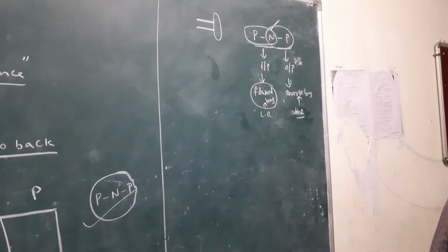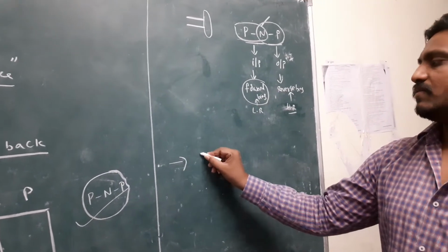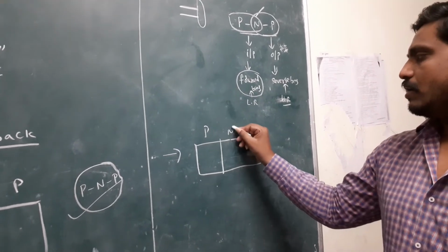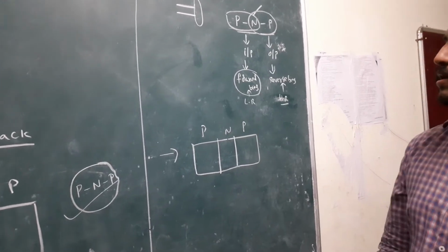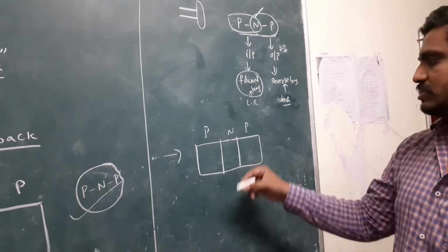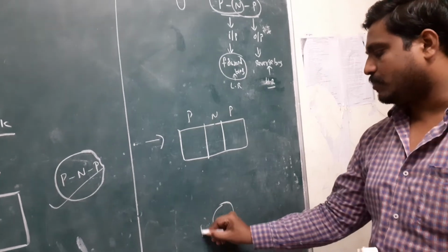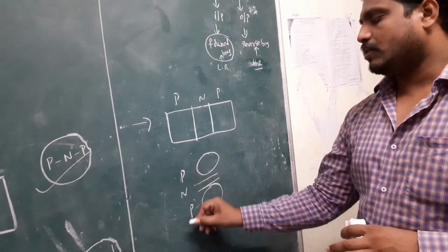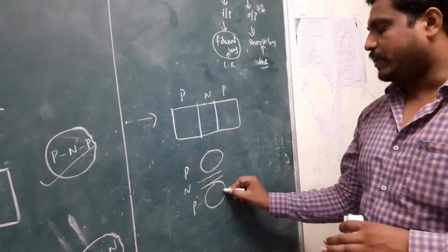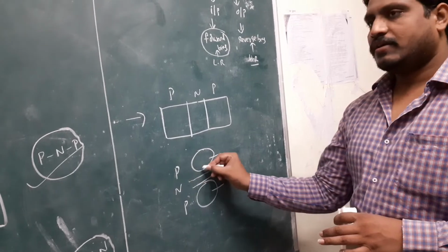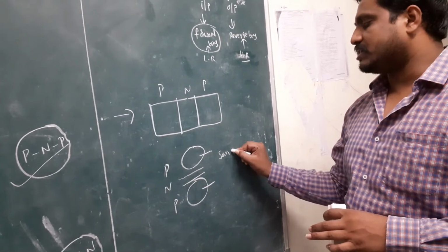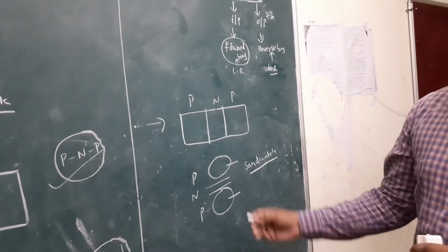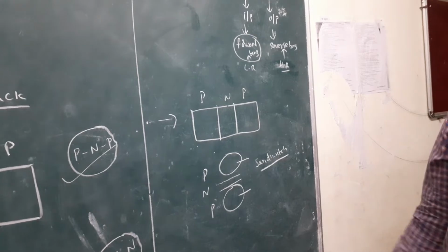This is the transistor. Okay. Once again I draw the diagram. This is the PNP transistor. Here, in this region, this is the P, for example. This is the P. In the middle, the whole thing is N. Look here, P, N, P. Two breads, with the filling in the middle. This is called a sandwich in the cooking section. That means this transistor looks like a sandwich.